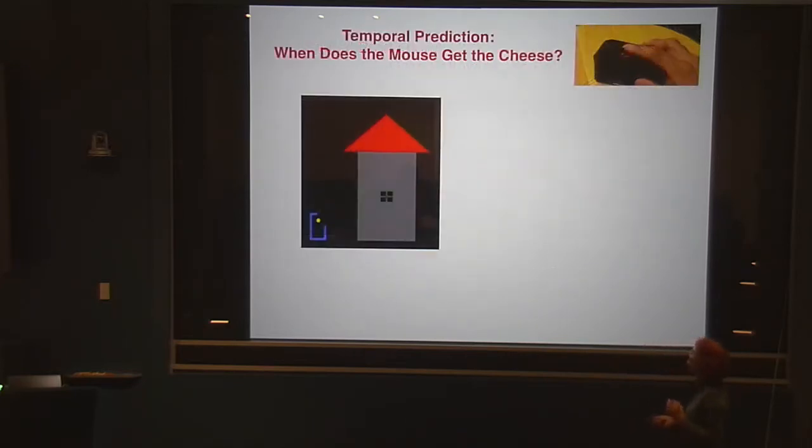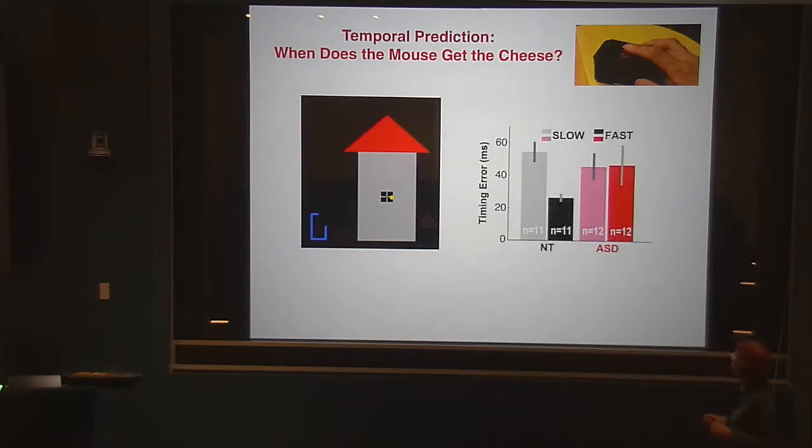The next game is temporal prediction. So here, now the subjects have to predict when the ball appears in the house with a cross. So it is temporal prediction after a ball is occluded. Here, the results look as follows. We had 2 ball speeds, fast and slow, and the results show that the neurotypical children have a timing error that is much larger in the slow than the fast one.